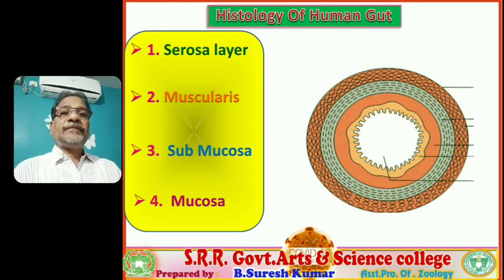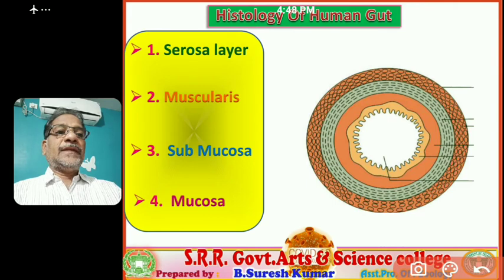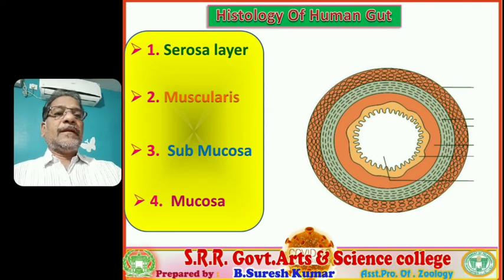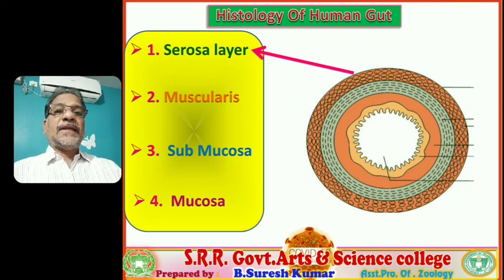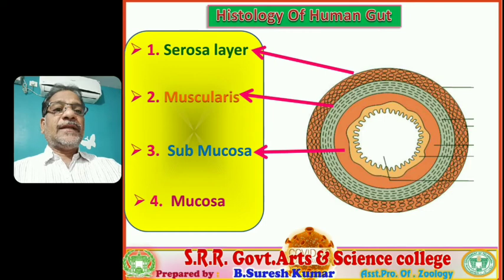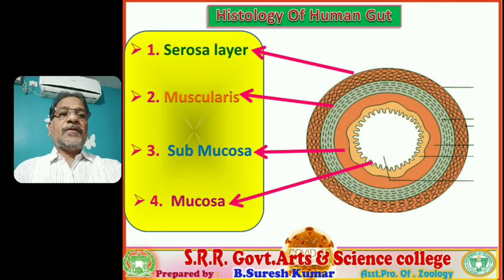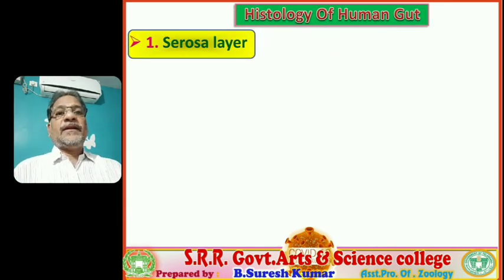You observe the visual. In this visual, in different colors, the layers are mentioned from outside to inside. You see, the serosa layer is the uppermost layer. And the muscularis layer is the orange and bluish colored layer. Next, the submucosa, represented with orange color, and the mucosa layer, the innermost layer. These are the 4 variant layers present in the wall of the gut.